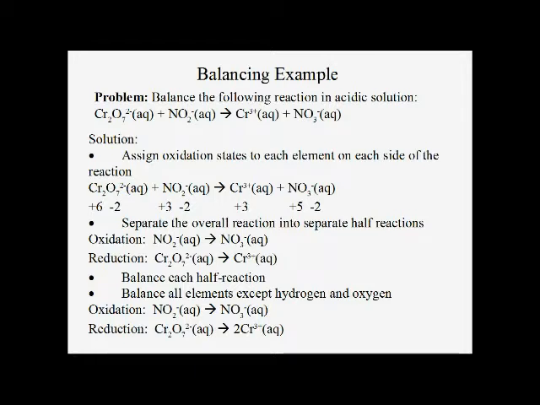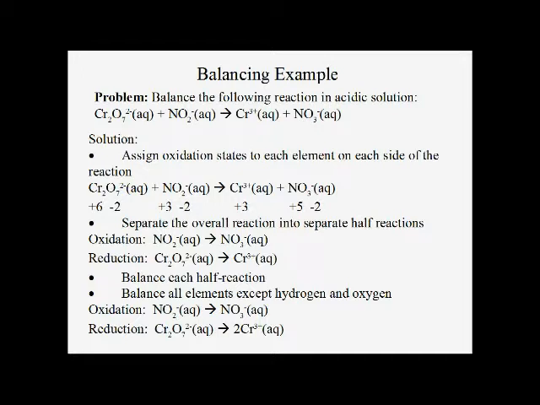We do the same process for the nitrite. Oxygen is assigned -2. Then we use the summation rule. 1 nitrogen plus our 2 -2 oxygens will add up to a -1 overall charge. That means our nitrogen has to be a +3. Chromium 3+ is just going to be 3+, the charge on the ion. For nitrate, again we assign -2 for the oxygen. 1 nitrogen plus 3 -2 oxygens adds up to a -1 overall charge, which means that the nitrogen ends up being a